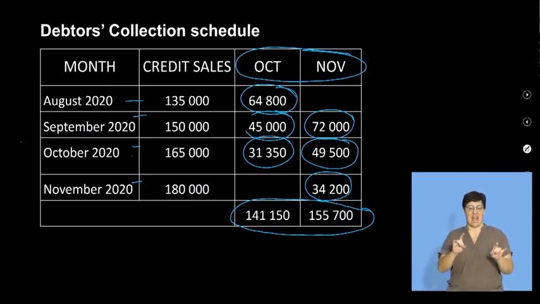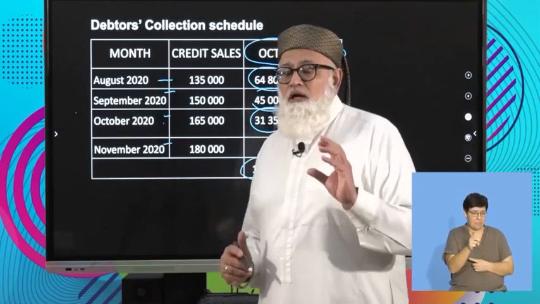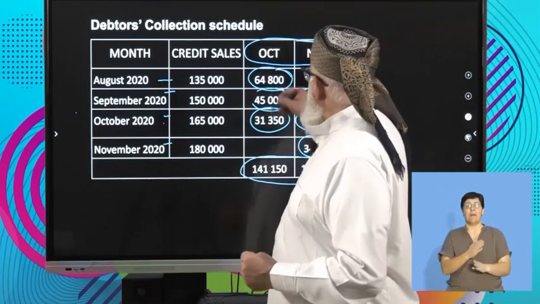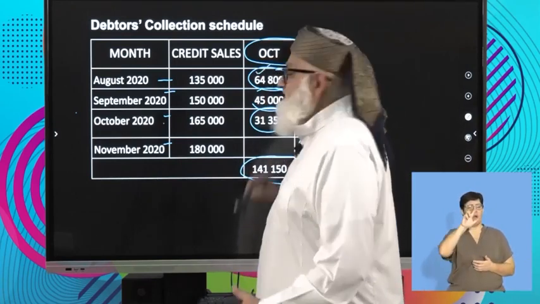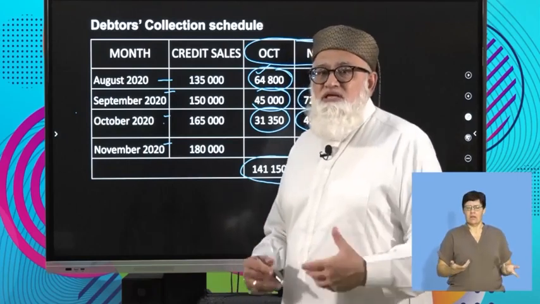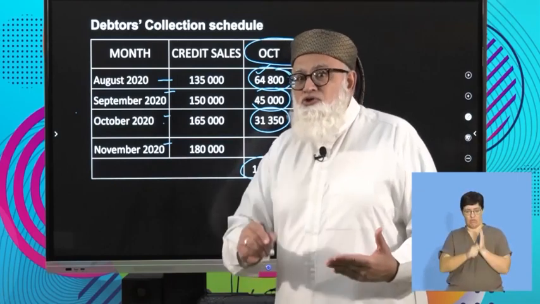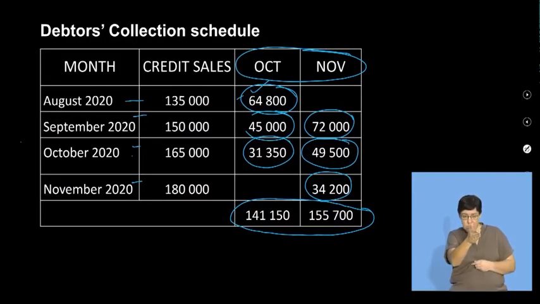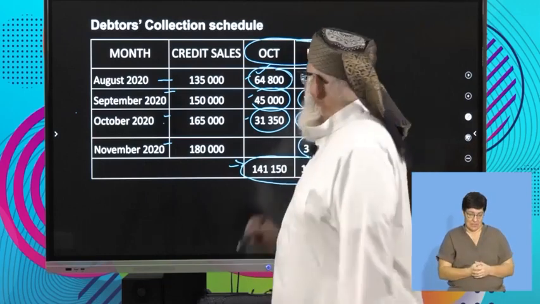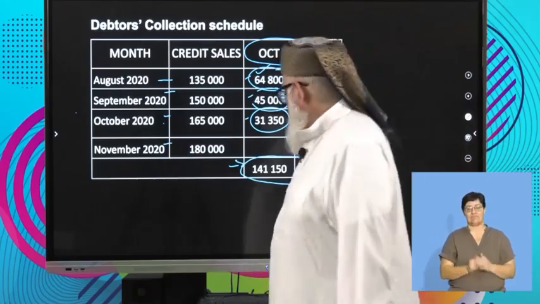Just another quick examination tip for you. Very often we find candidates leave out figures that are pre-populated. What do I mean by that? For example, you didn't calculate that figure. It was given to you already. Sometimes, I don't know whether it's because of the fact that it's pre-populated or because you didn't write it yourself, you tend to forget it when you are adding. So make sure that you add all these figures here to get you to the total of 141,150, and the same would apply to November. Clear? Right. Okay, we move on now